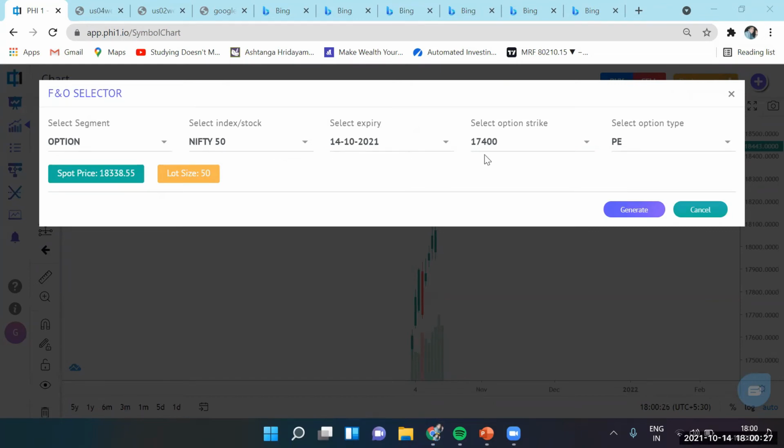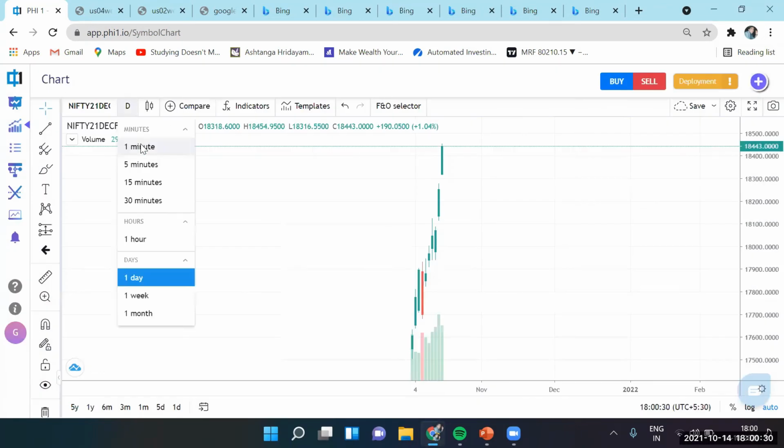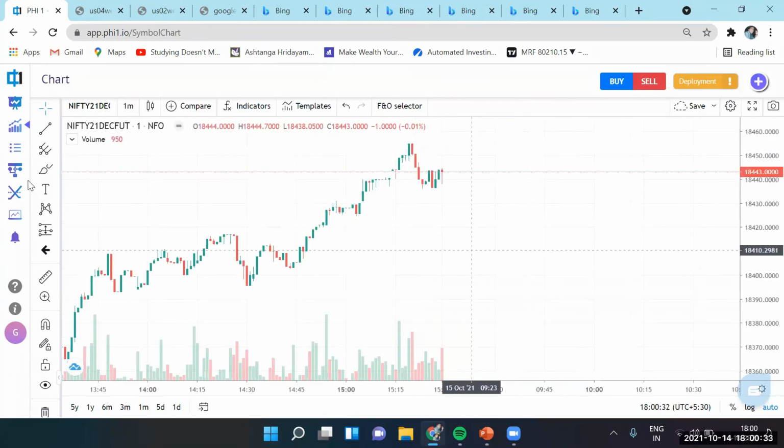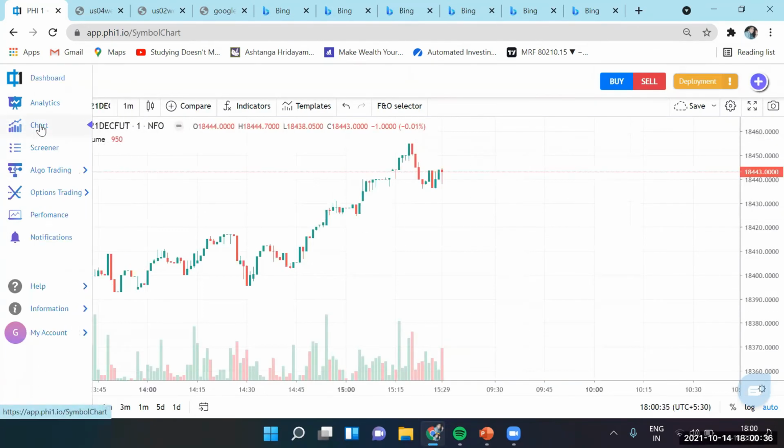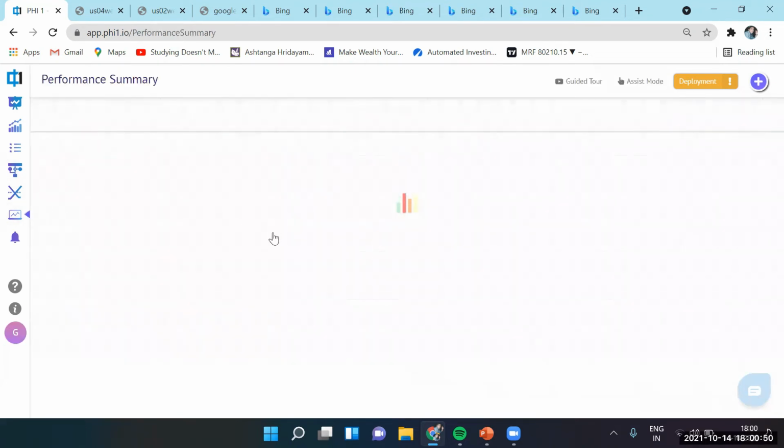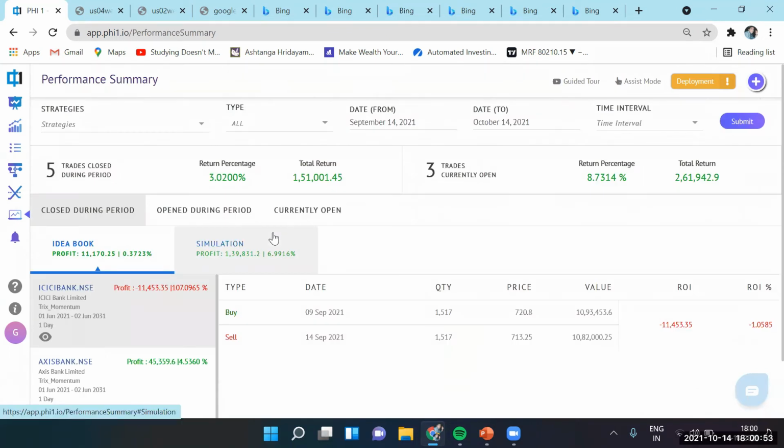Similarly, you can load options data, and it goes all the way from a day to a minute. But if you come to our demo, we'll show you exhaustively. We have charts, we have screeners, we have an algo editor. And once you have created a strategy, you can historically backtest it with a few clicks on any set of instruments. And finally, you can make it live and just monitor how the system is trading on your behalf. So a lot of features. Go to our YouTube channel, go to our blogs, come to our demo and speak to our sales head, Mukul, and you can get to know about all the rest of the features.